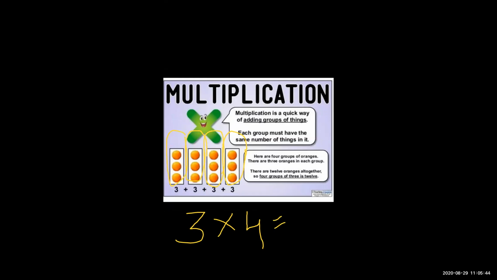So what do you want to do now? Yes, see, already 4 columns are given to you. In these 4 columns, 3 circles are given to you. Right? So you want to add all together. This 3 plus next 3 plus next 3 plus next 3. You want to add together. The answer is 12.